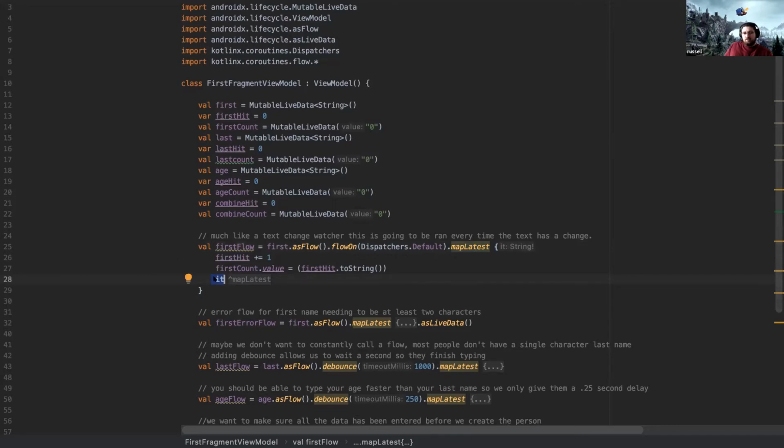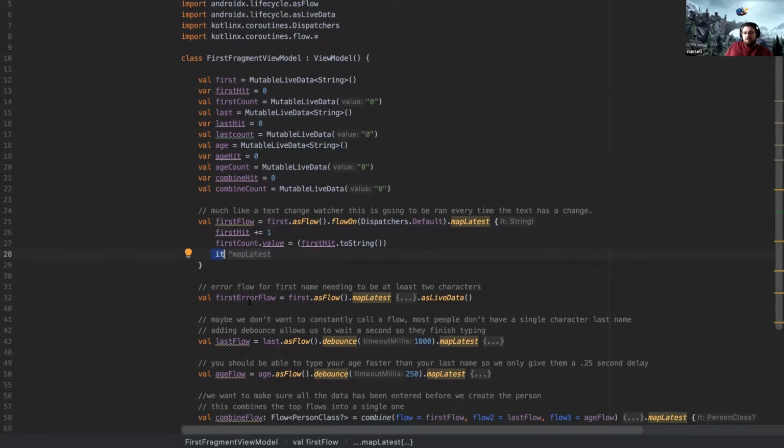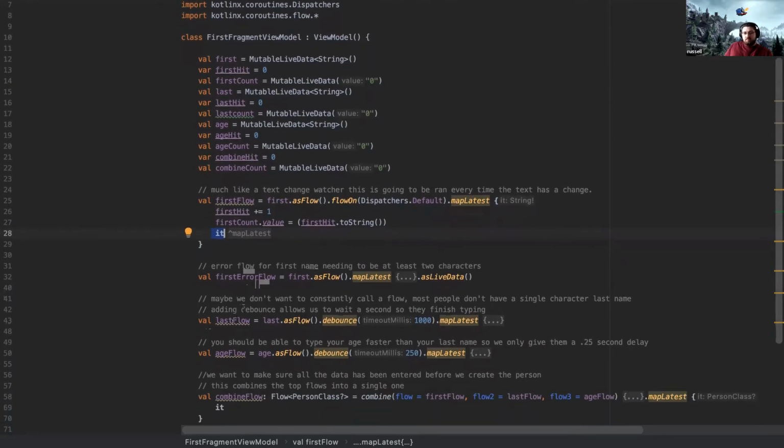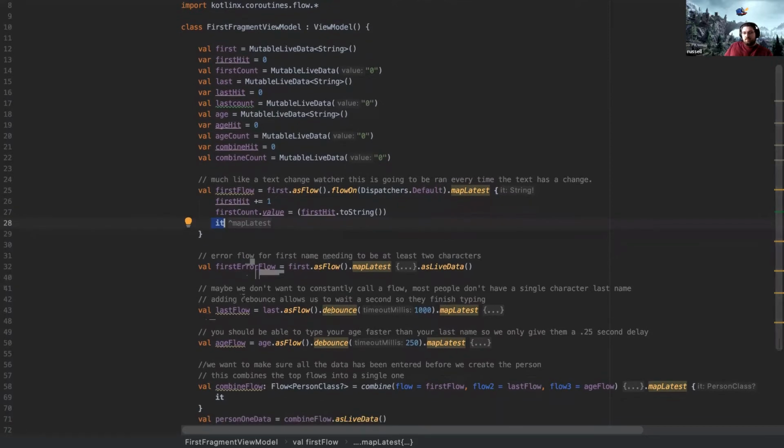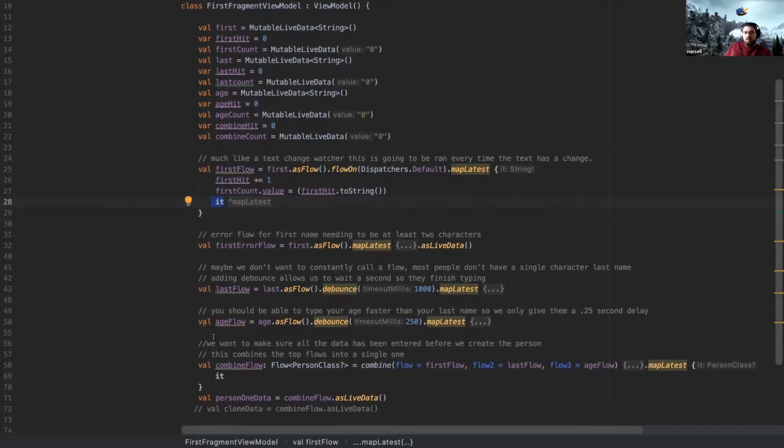So this is a string, so I just want to return whatever the user's typing. Last flow, same way, age, same way. Debounce, as I said earlier, makes it wait for you to stop typing. So it's a 1,000 millisecond delay, in case you have a long last name or are slow about typing it. Age, you should be able to type faster,